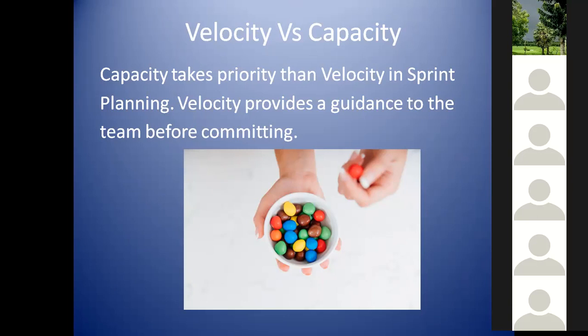Now also I'm just trying to connect with the same example. I can have 3 chocolates in a day. That's the average velocity for me. But in a day, in a particular